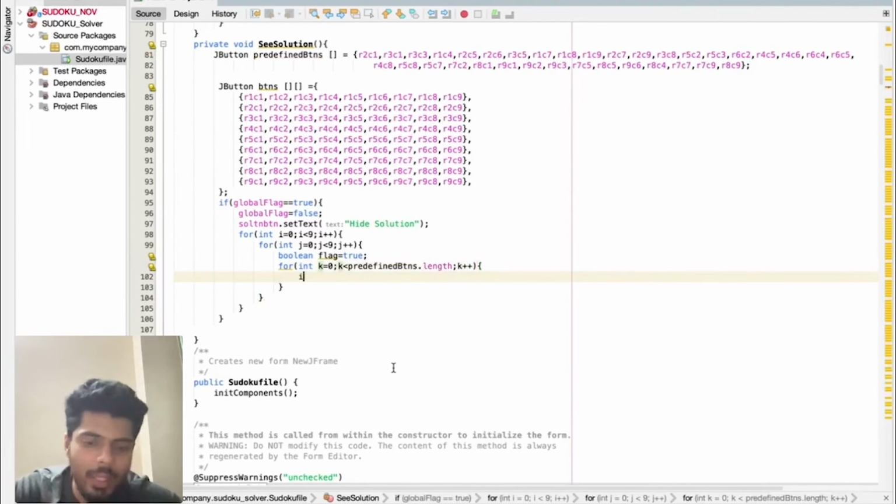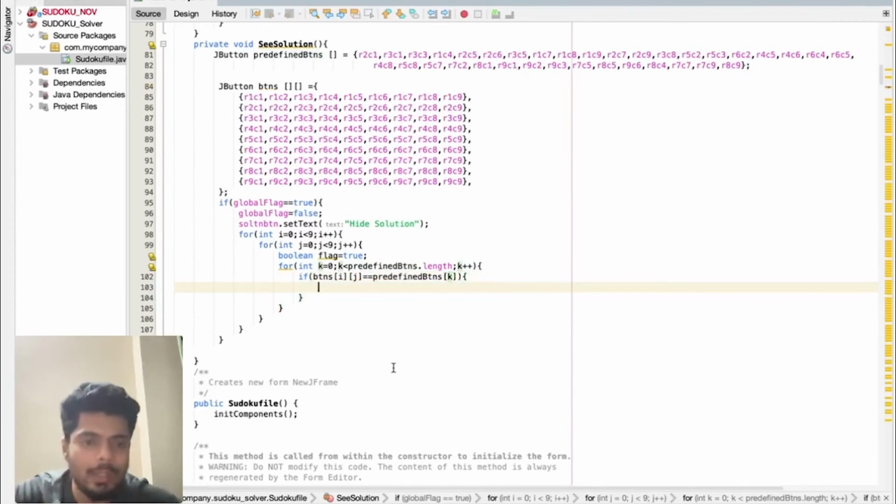I'll check if btns ij equals predefined of k. If it happens, then I'll simply say flag equals false.